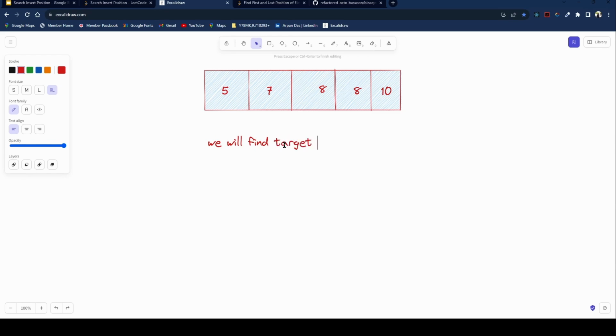We will find this target 8 with the binary search, and we will iterate with while first is greater than 0 and then a of first